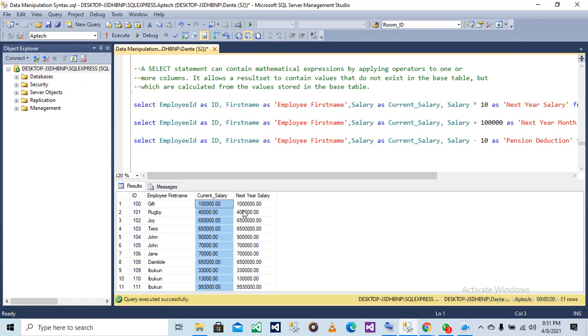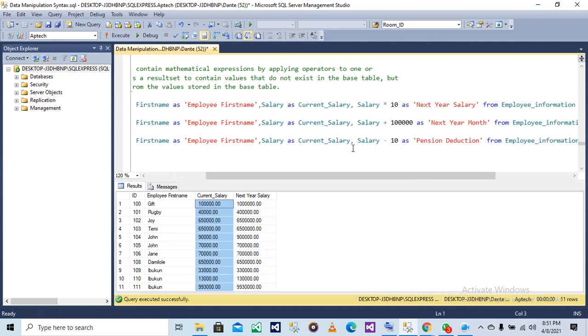So now this next year's salary is just like you're trying to calculate. Let's say a company increases their employee salary every year by 10% or by one value share. So you're trying to calculate that salary based on the current salary you have. That's why I gave this column current salary, then multiplied by 10 for the next year's salaries. That's why we had this result.